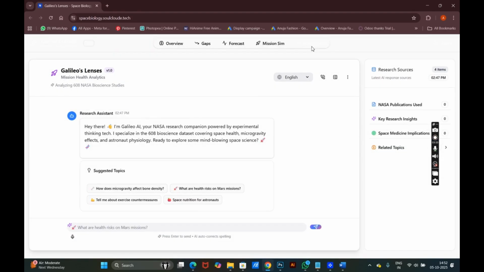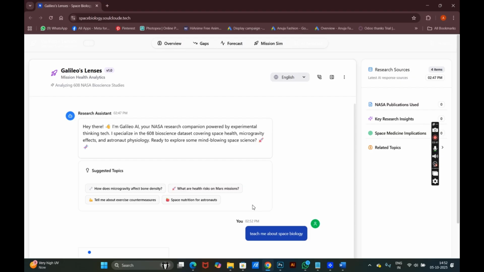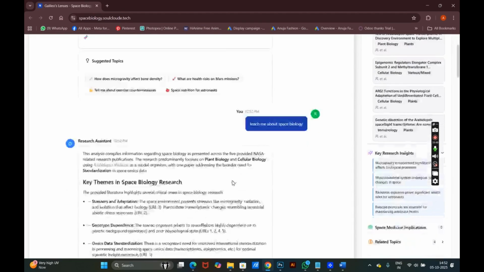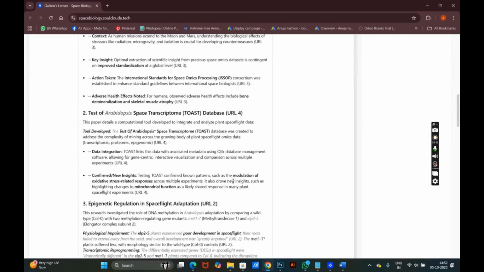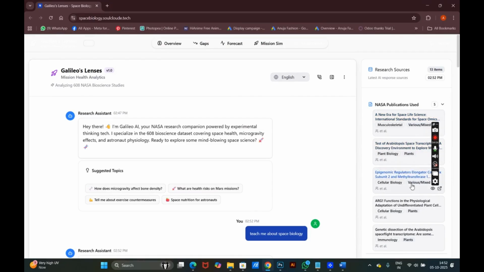Going to the AI chat box. The AI chat box is made for space biology learning. It is specifically made for this, so the chance of it giving misinformation is less, because the only source of information is the NASA database, which it will be provided access to. Or you can put in any prompt, any query you have related to space biology, and it will answer you. On the right, you have the area that shows what sources it used also.